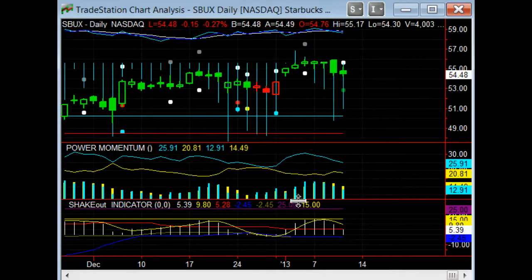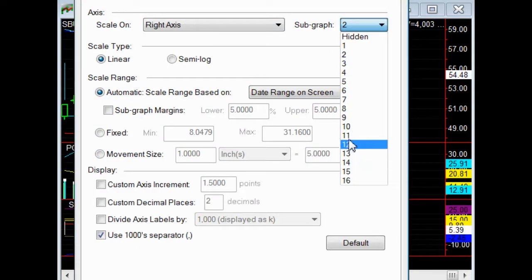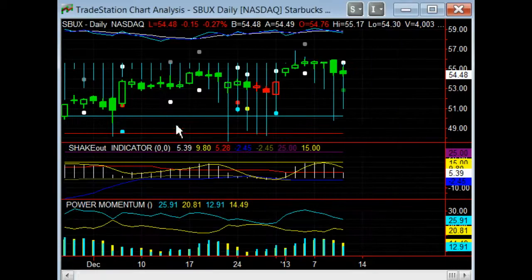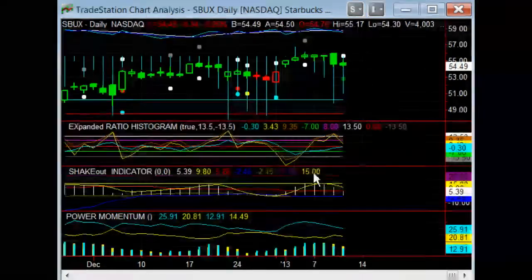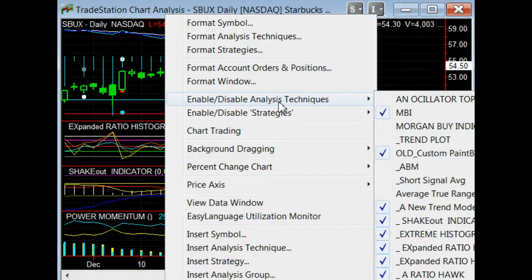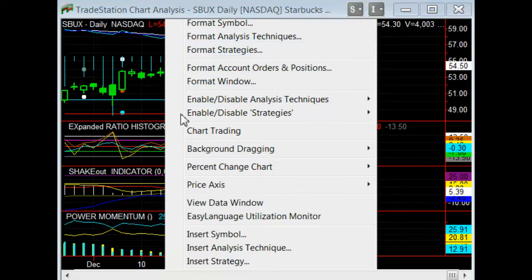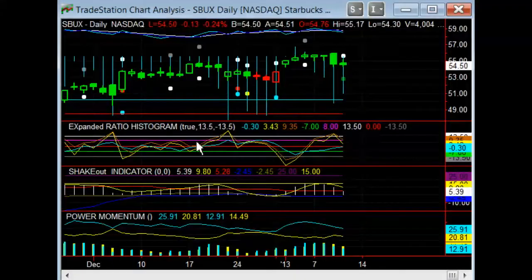There we go. I like to have my power mode, though, at the bottom. And let's add in our expanded ratio histogram, because I want to see, okay, is this positive? Do I have my orange above? Am I looking good from there? And then lastly, I have to see if I have the up-down power on these charts, because typically I put these charts up to show people, and the reality was